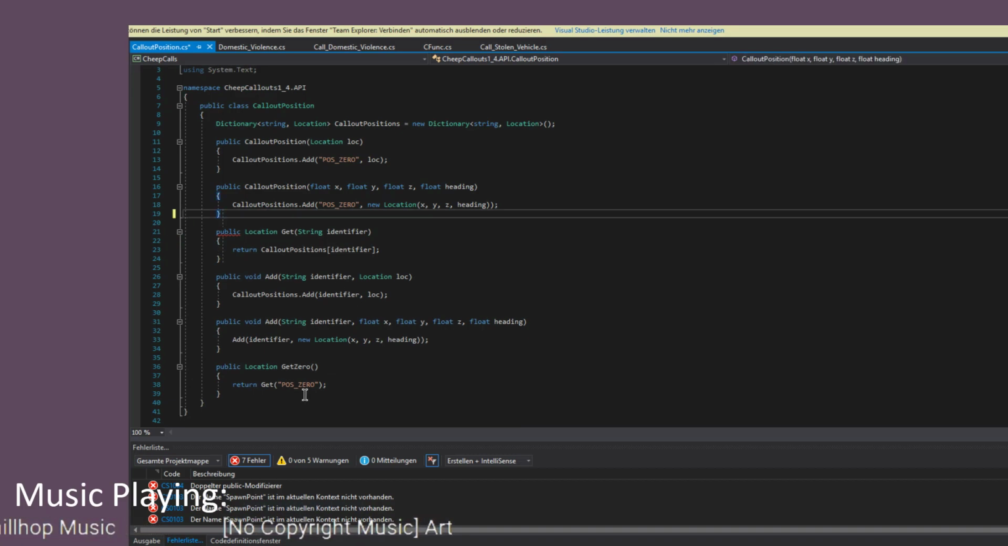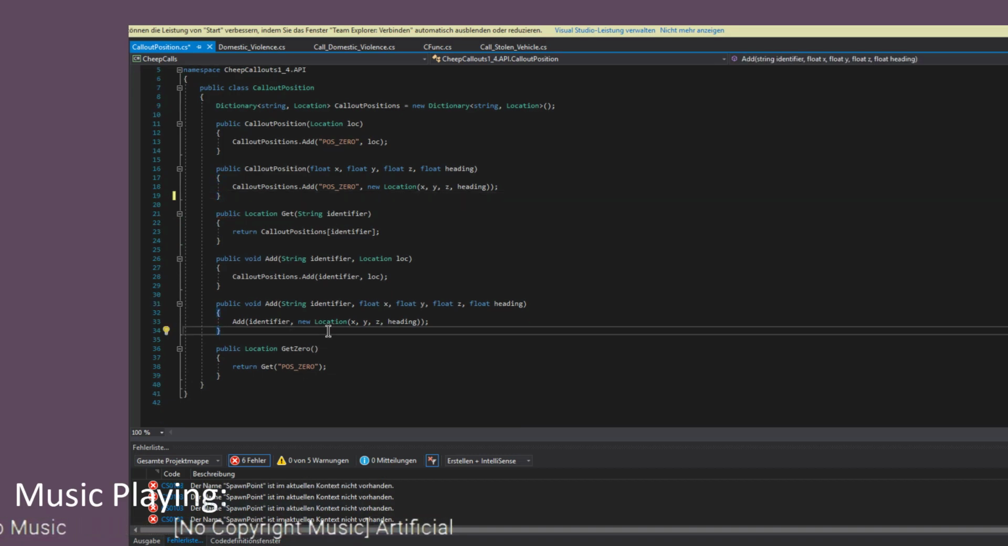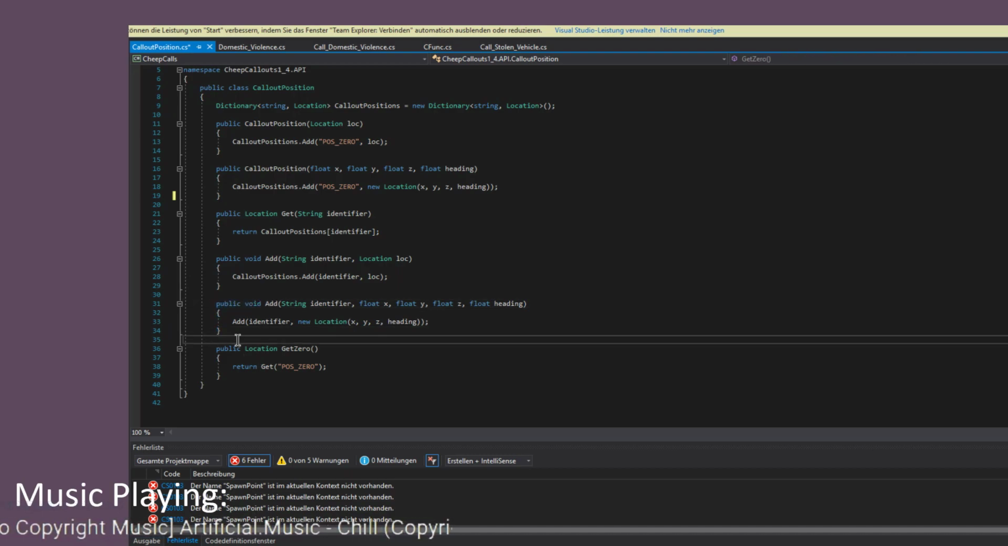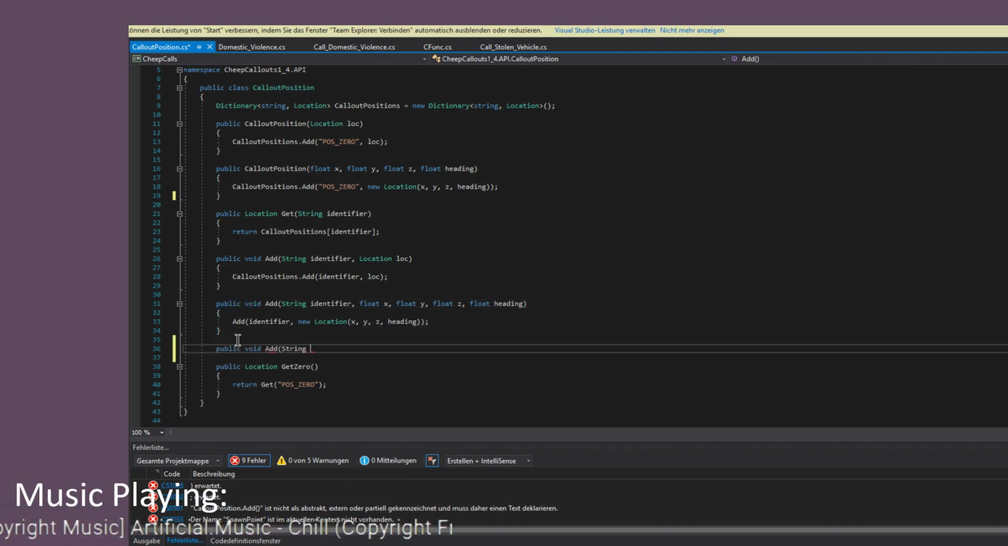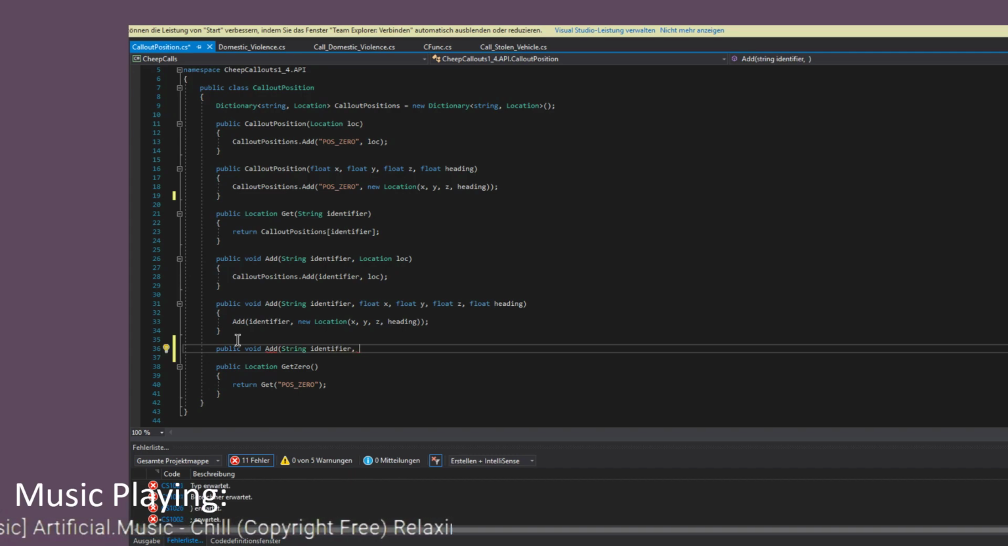public void add. Let's just copy, public void add. Go ahead and do string identifier, then vector 3